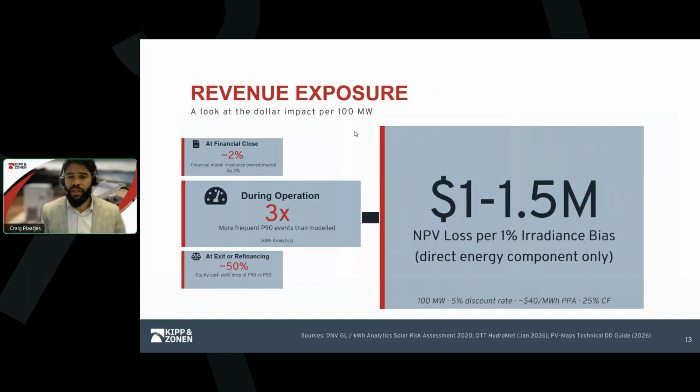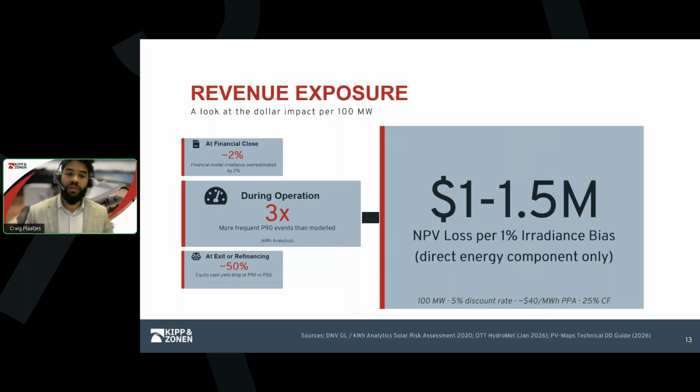So I want to take a moment to build up the numbers from first principles, because it's worth being precise about what this exposure estimate on the screen represents and where it comes from. It's a high level theoretical example. Let's assume a 100 megawatt plant running at 25% capacity factor that would generate about 219,000 megawatt hours a year. And if we have a $40 per megawatt hour PPA, which is relatively conservative, that would lead to approximately $8.75